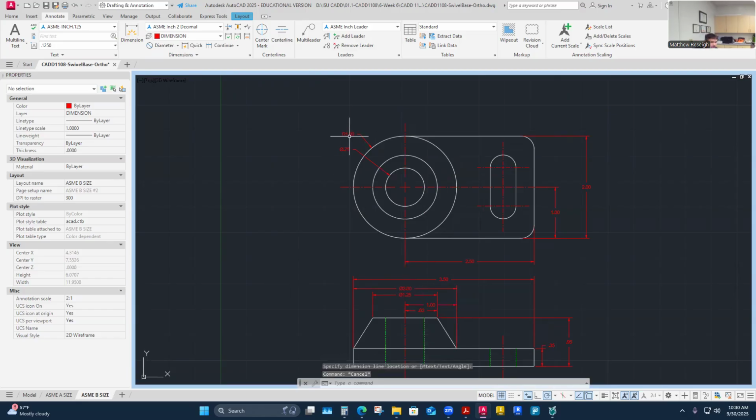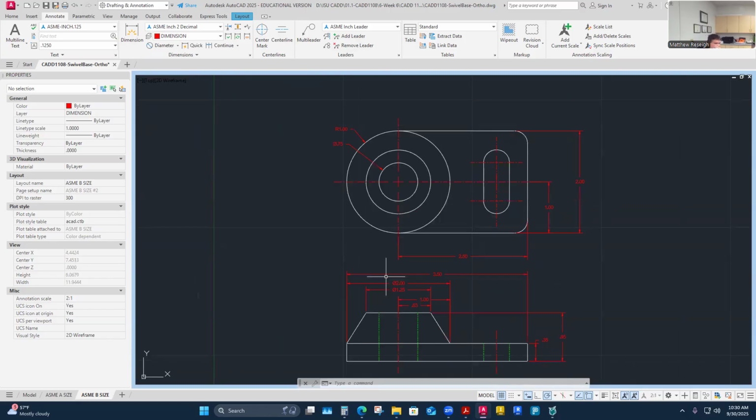I've got a little bit of a redundant dimension you might think of, but in my mind, I'm thinking, well, that's the radius of the plate. This is the diameter of the cylinder. So they're really not redundant dimensions. They kind of do two different features. And then